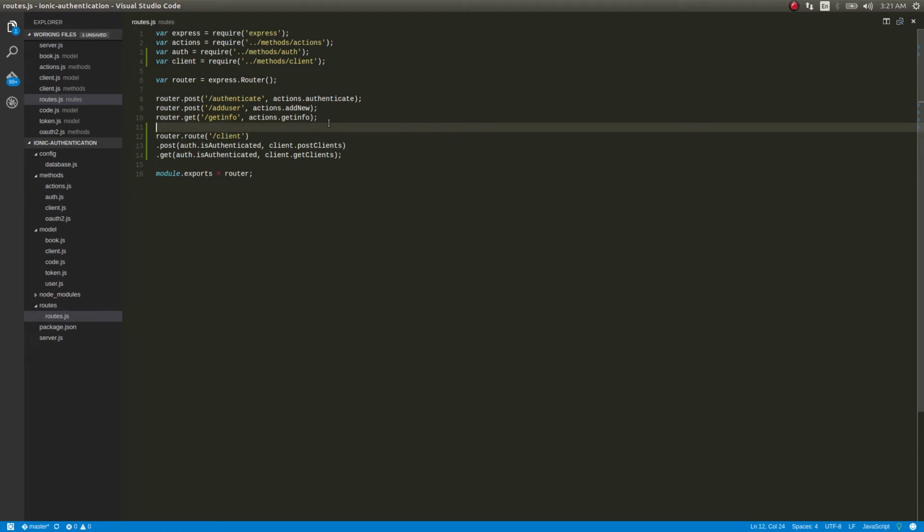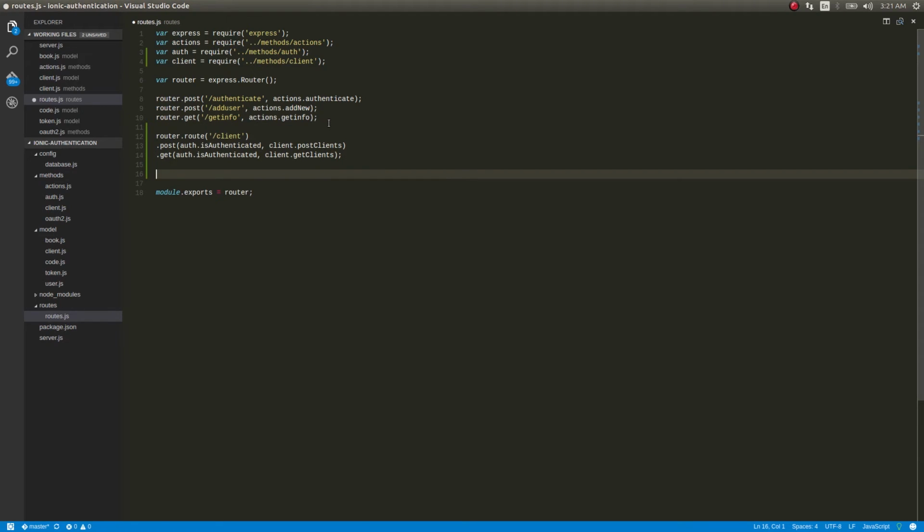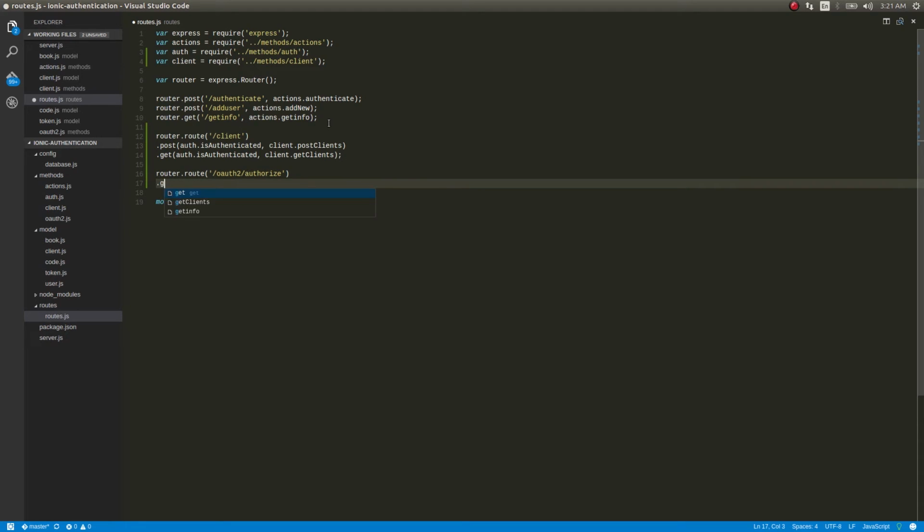First we have routes for client, and then if the user tries to send the client app ID and the secret and tries to get a code, there should be a provision for that. So we'll write router.route('/oauth2/authorize') and this get request, not oauth2.authorization.